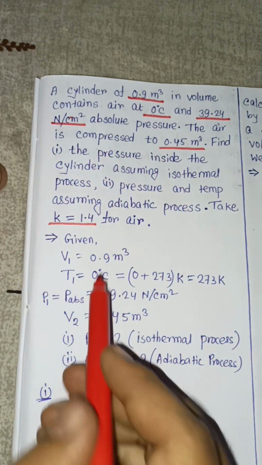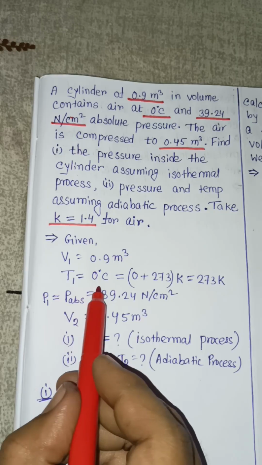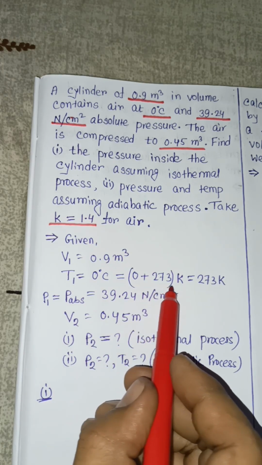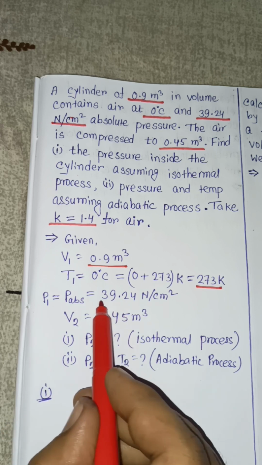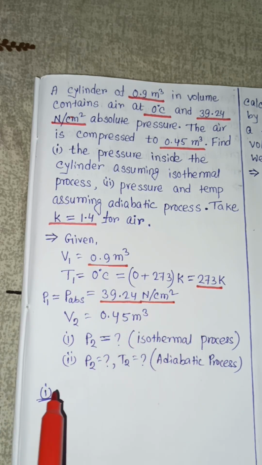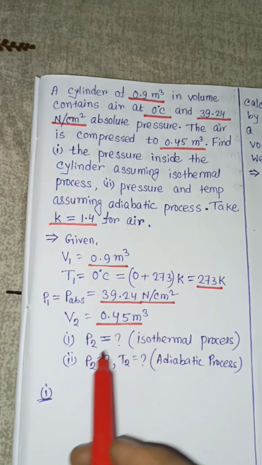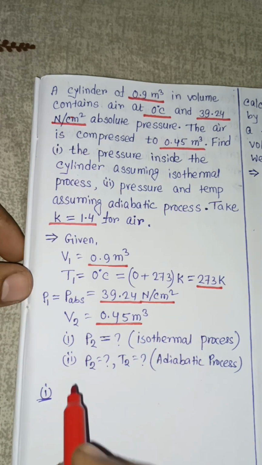So what is given in this question? Initial volume is 0.9 meter cube, initial temperature is equal to 0 degree Celsius, that is equal to 0 plus 273 Kelvin, that is equal to 273 Kelvin. Absolute or initial pressure is equal to 39.24 Newton per centimeter square, and final volume is equal to 0.45 meter cube. In the first case you have to find out P2 for isothermal process, and in the second case P2 and